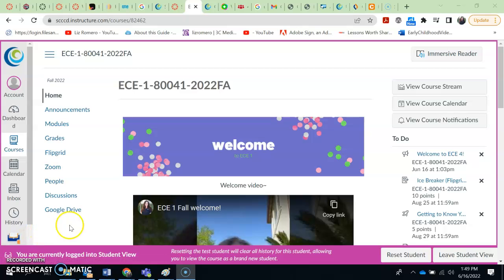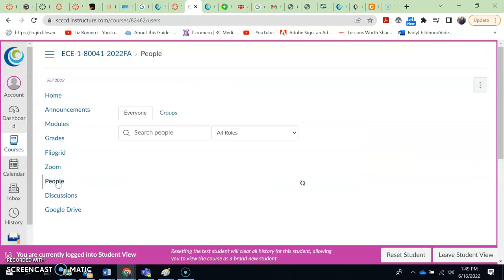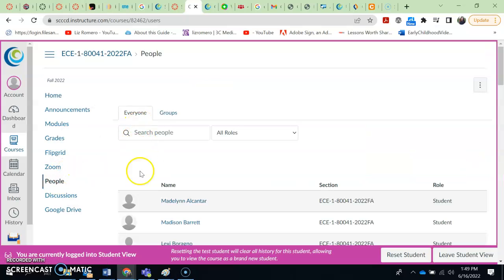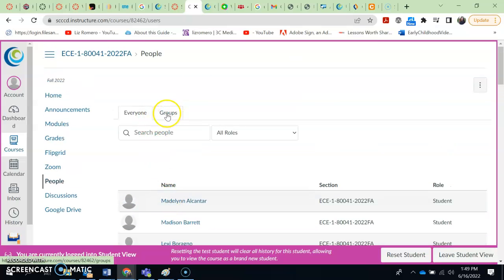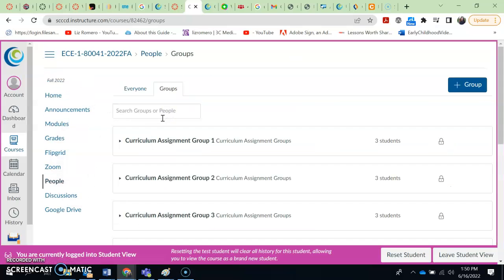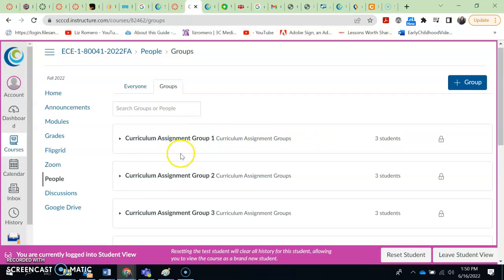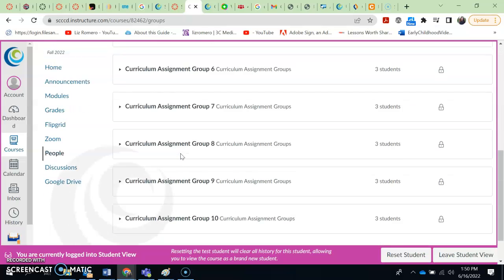I wanted to show you real quick how you are going to check the people in your group for this assignment. So I've got it in student view right now, and this is what you should be seeing. If you go over here to people and click on people, all of the people in the class will show up here. What I want you to do is go to groups,